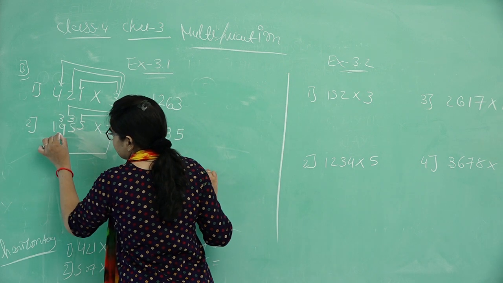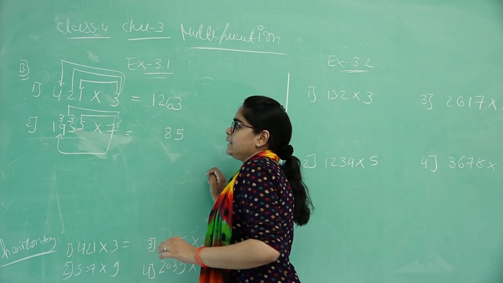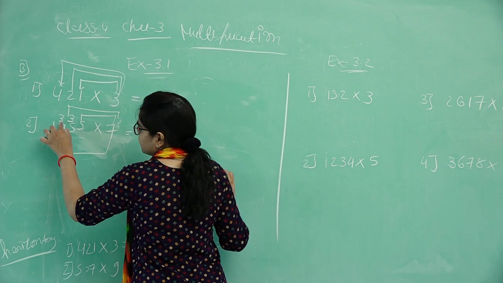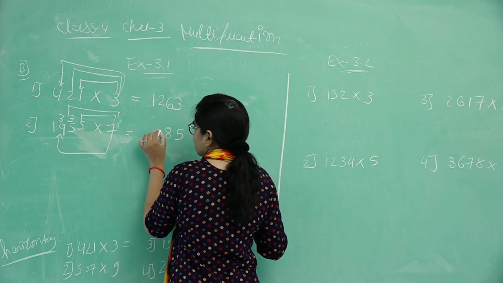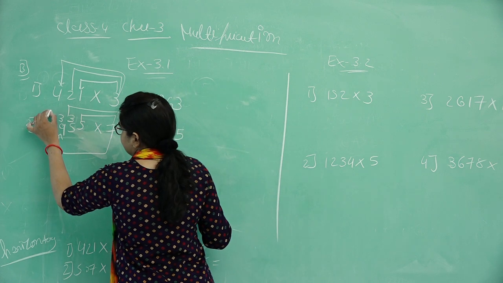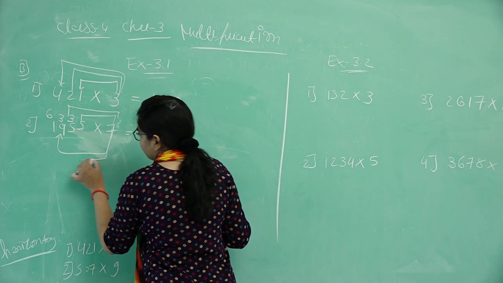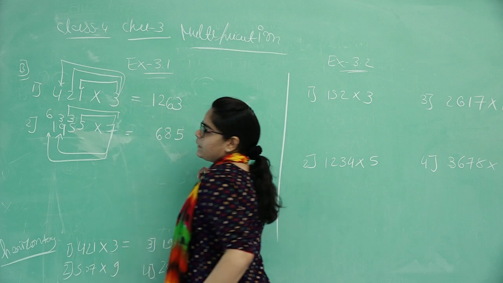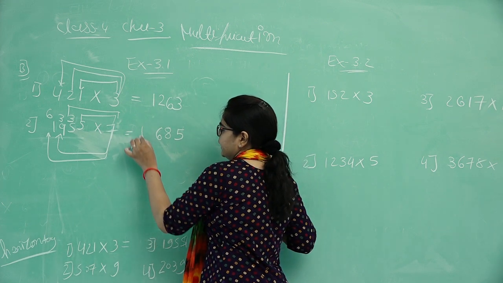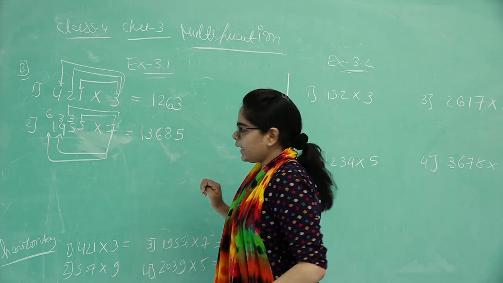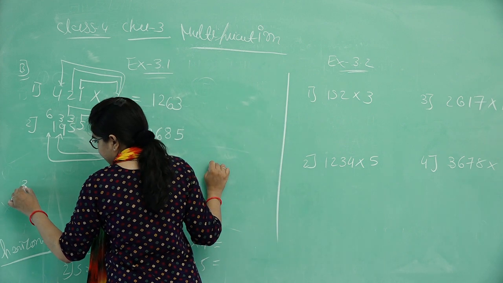So 9 7s are how many? 63, 64, 65 and 66. 6 write down here and 6 here. 7 1s are 7. 7 plus 6, 13. So 13 here. Then our next example,